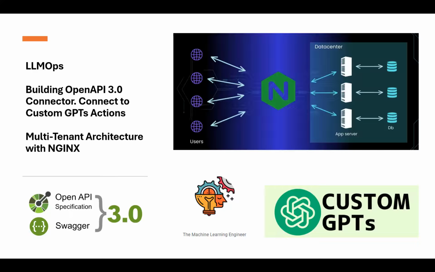Today we continue with another video in the LLMOps series, and the topic of today is how to build a production-ready OpenAPI compliant REST server that provides secure access to a Microsoft SQL Server database. This is the third video of a series that I've been doing. Probably this will be the last one, where we build an infrastructure which allows us to connect our private data to different AI providers.